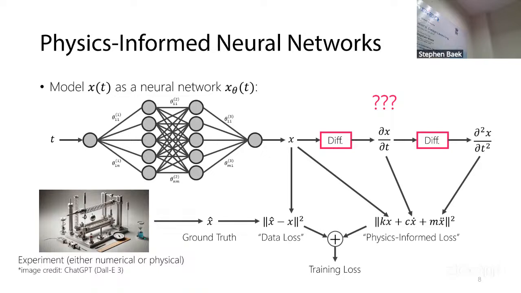As a matter of fact, in the harmonic oscillator example last time, we could fit this vibration curve. But if you increase the weight term for the physics-informed loss, the neural network will be a flat line for the entire time interval, because not doing anything, staying in the same position, is the easiest way to